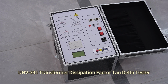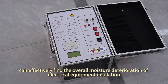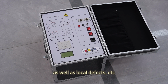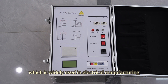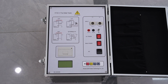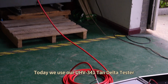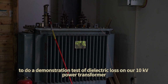UHV-341 Transformer Dissipation Factor Tan Delta Tester can effectively find the overall moisture deterioration of electrical equipment insulation, as well as local defects, etc., which is widely used in electrical manufacturing, electrical equipment installation, handover and preventive tests. Today we use our UHV-341 Tan Delta tester to do a demonstration test of dielectric loss on our 10 kV